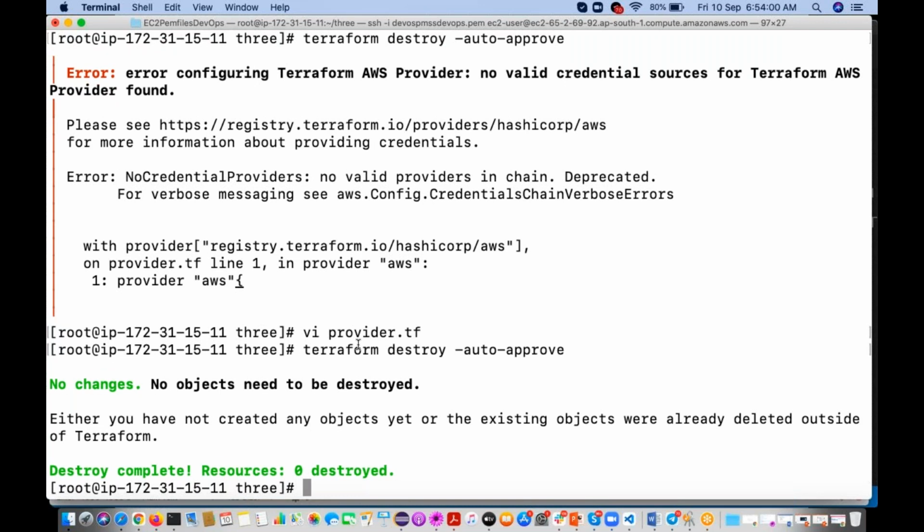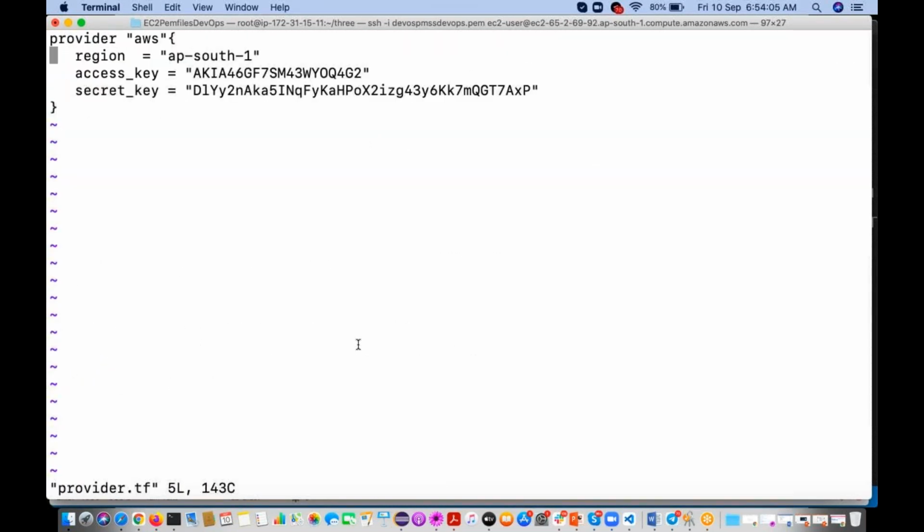Right. But this is not a good practice to keep the access key and secret key in the provider section. We are going to comment it. Okay. Then what we are going to do?